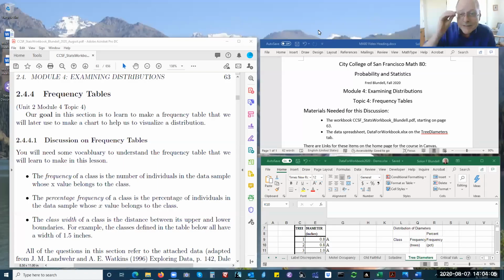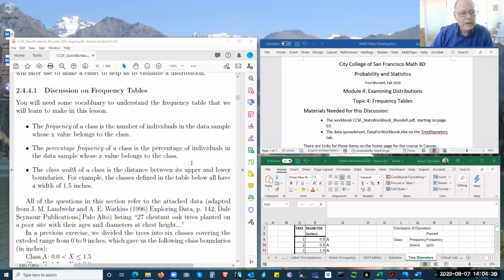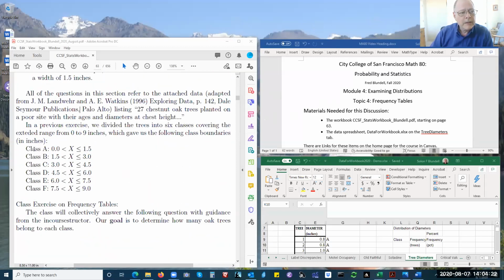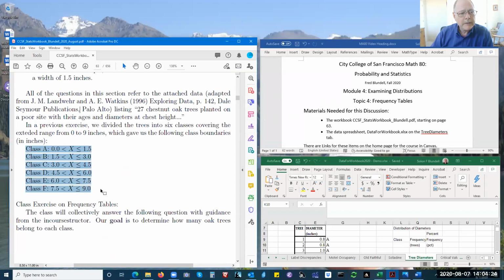So this is the second short video continuing the discussion of Module 4, Topic 4 on frequency tables. It starts on page 63 in the workbook. And we had just come down to the point where we were using these class boundaries here in the workbook